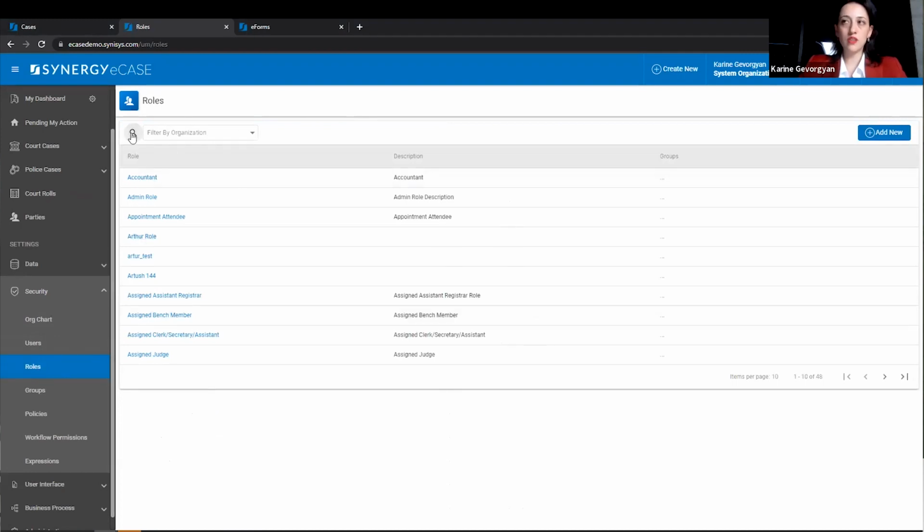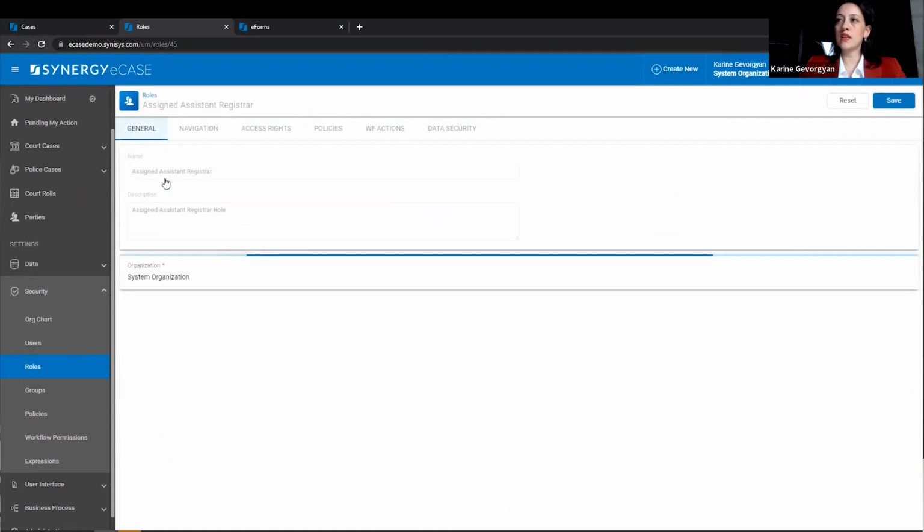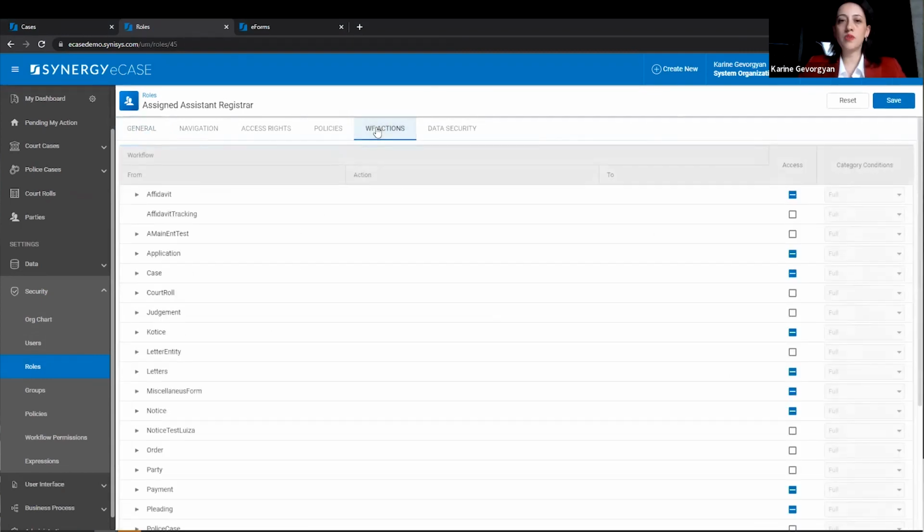So as mentioned by Khachatur, I will find the assistant registrar in the list of roles that we have in the system, and then I will go on and define the permissions as per Khachatur's description. There are a variety of possibilities here again, but let us skip that part for the sake of time. I will just jump quickly to the workflow actions to define the permission for the assistant registrar to make several